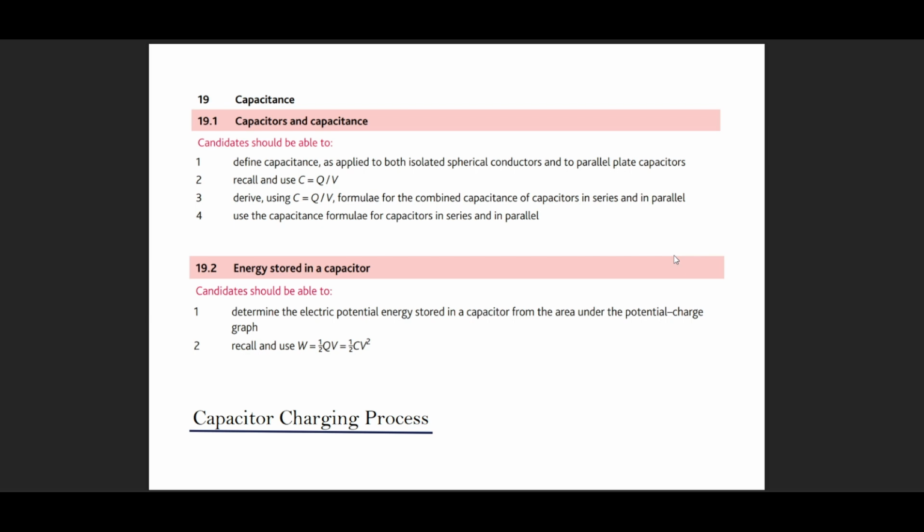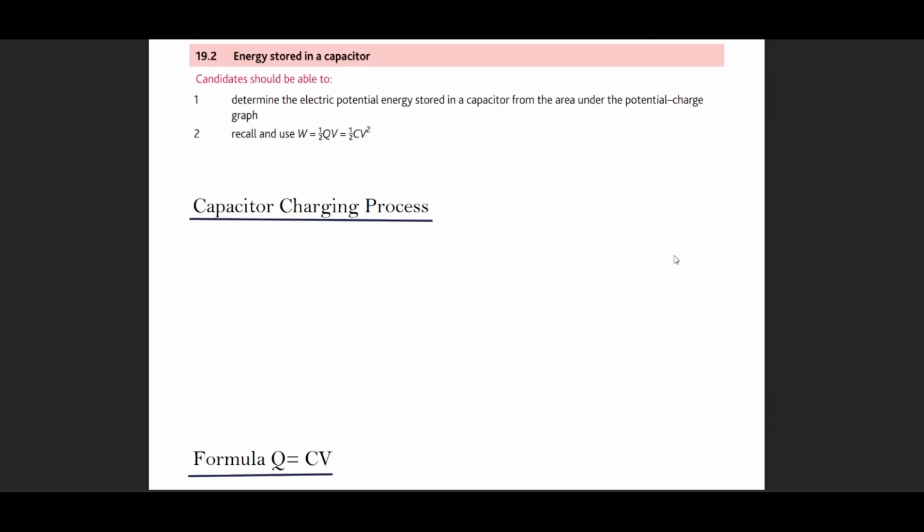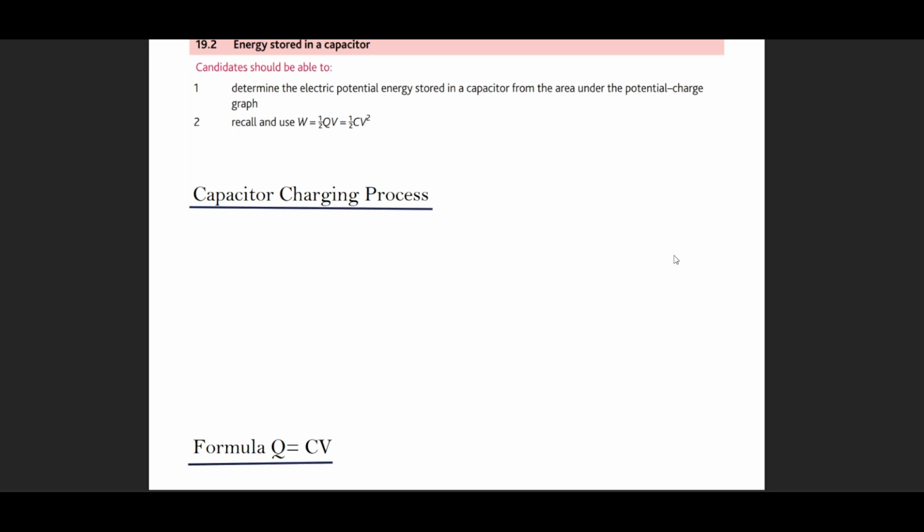According to the syllabus, first we need to identify what capacitance is, and we need to understand spherical conductors and parallel plate capacitors. But we're going to talk about parallel plate capacitors first. We need to understand how the charging process takes place, and that will help us to understand how to solve numerical questions. So a capacitor is basically two plates